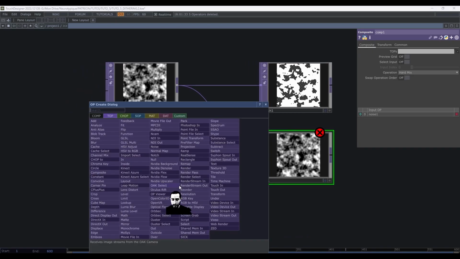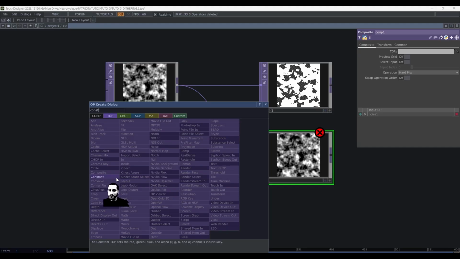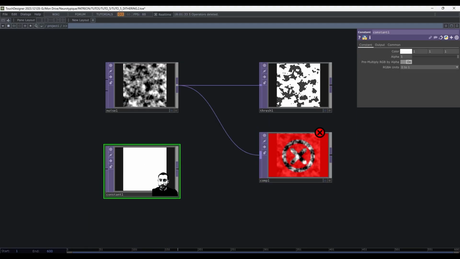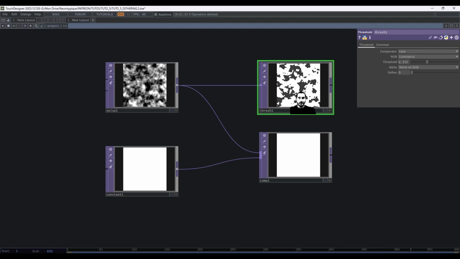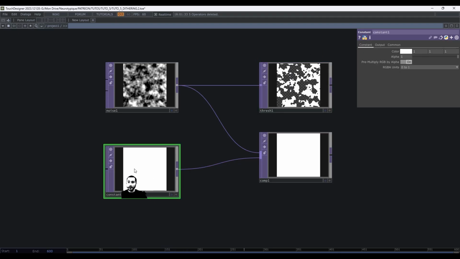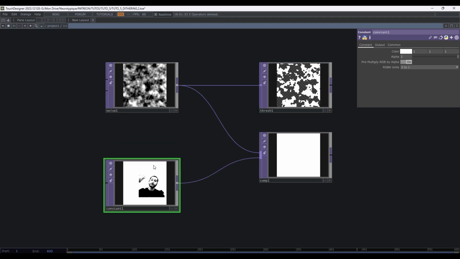So let's put a constant. Constant is a texture that outputs a uniform color for every pixel of the texture. And when I put it here, the result is all white. So you can see the hard mix operation as being exactly what the threshold is doing. Now the value of our threshold is not the slider that was 0.5 and that we animated. Let's put it back to 0.5, the threshold one. So now think of this image as the threshold for the image above.